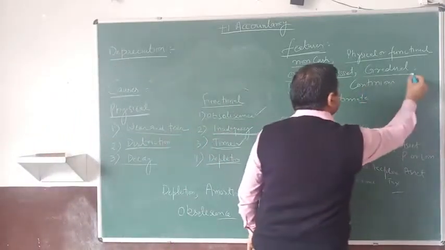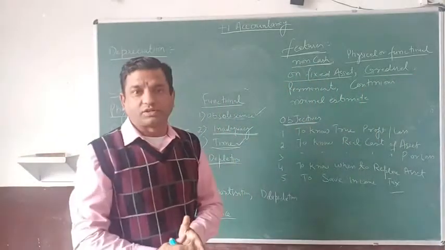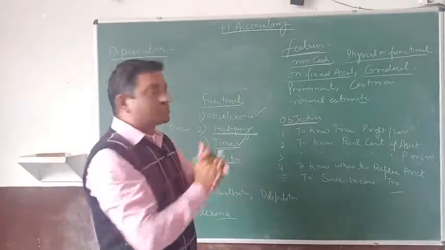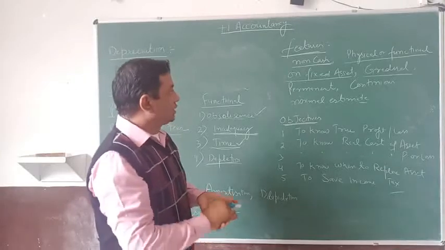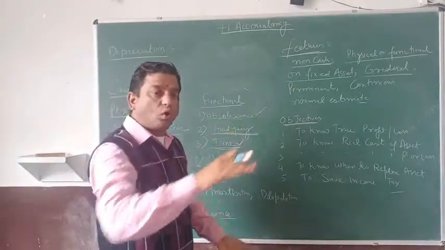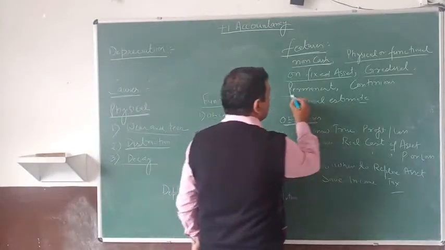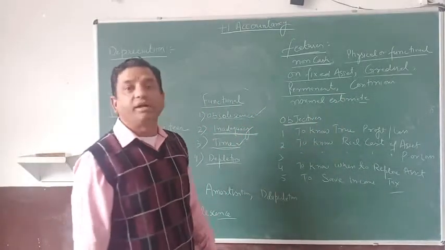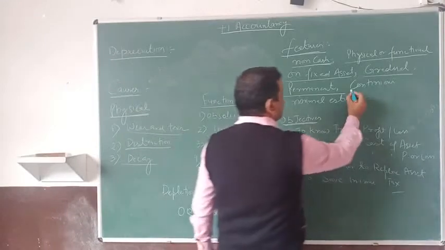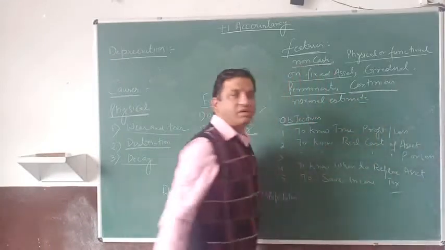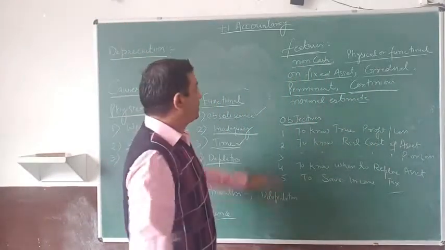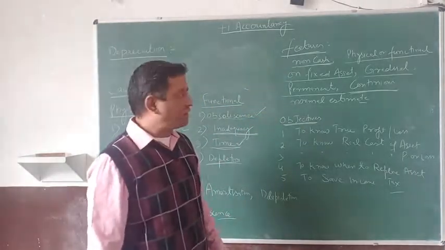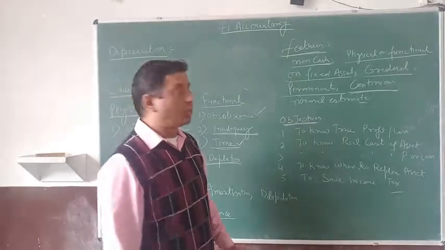Then it is a gradual process. It is a slow process. The asset value will not go down just by a sudden shock. It will decrease by following a long procedure. Then it is permanent. Once the value of an asset decreases, it will never be possible that it may increase. It is continuous. The value of the asset will go on decreasing continuously: 80, 70, 60, 40, until its value reaches 0.